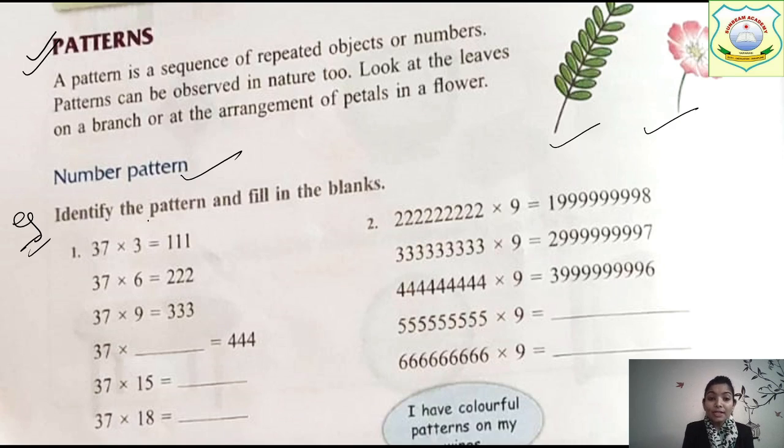Now, identify the pattern and fill in the blanks. अब इस क्वेश्चन में आपको बहुत ही ध्यान से देखना है कि क्या पैटर्न यूज हुआ है और किस तरह से आप इजिली कर सकते हो विदाउट कैलकुलेटिंग, बिना कैलकुलेट किए ये क्वेश्चंस को, राइट? सो इट्स वेरी सिंपल. लेट्स डू द फर्स्ट वन. फर्स्ट में दिया है 37 मल्टीप्लाइड बाई 3. सो इट्स रिटन 37 मल्टीप्लाइड बाई 3, दैट इज गिवन 111, that means 111.